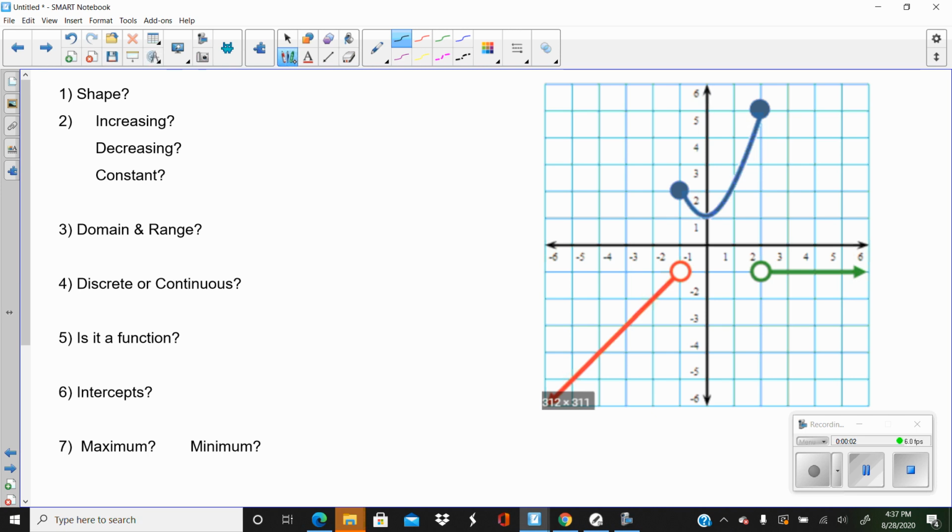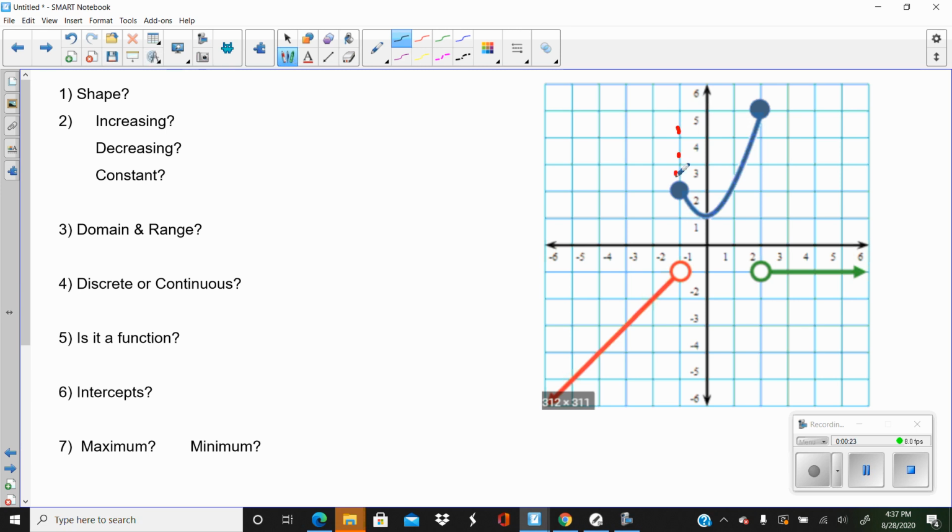Greetings, Math 2. We are working on fully describing a graph, and I would like you to take a look at this graph. We actually have what is called a piecewise graph in this case, and for obvious reason. It is kind of pieced together from a bunch of different pieces and parts. This is indeed a function, and sometimes students look at this type of graph and they say, well, no, it